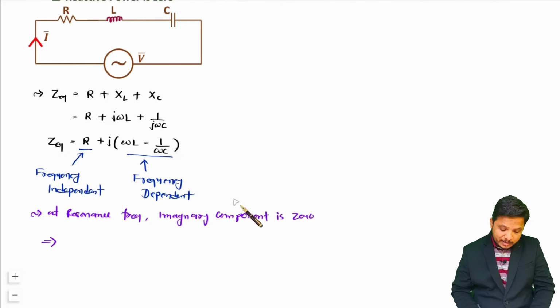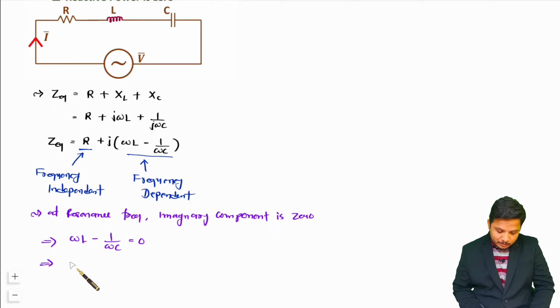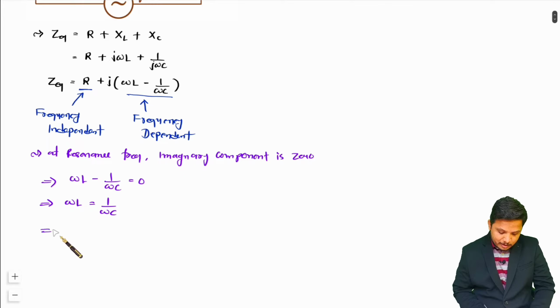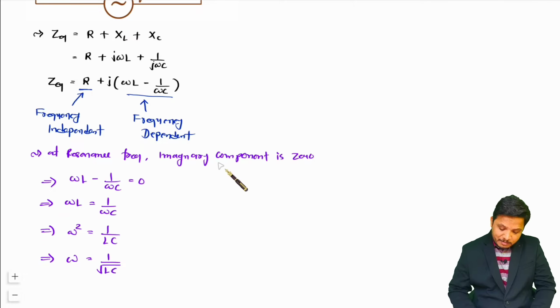As the imaginary component is 0, at resonant frequency you will have omega L minus 1 by omega C equal to 0, and you can simplify this. So you have omega L equals 1 by omega C. Based on that, omega square is 1 by LC. So I can say the resonant frequency omega will be 1 by square root of LC, and you see it is making this imaginary component 0. So if you change omega in such a way that its value is 1 by square root of LC,